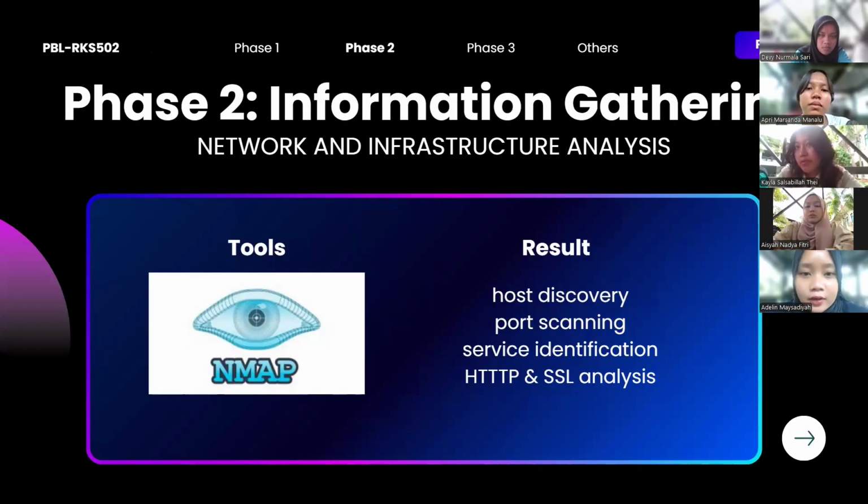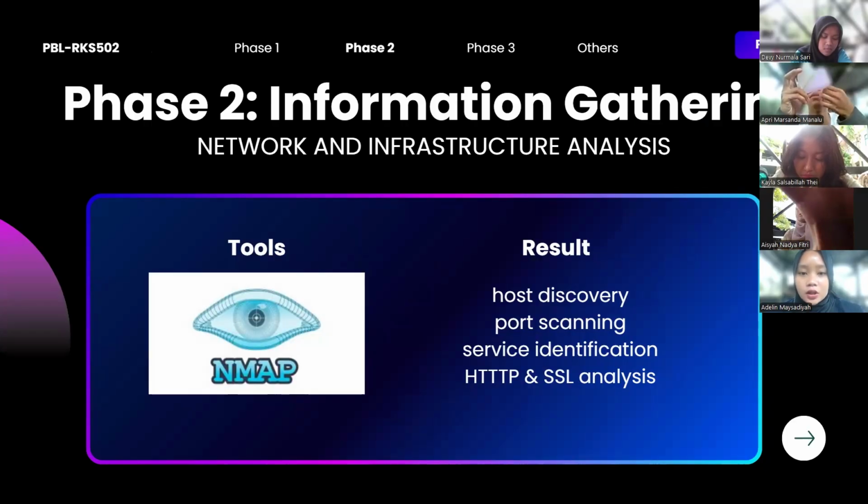In this slide, for the initial network and infrastructure analysis, we use Nmap to identify the target. We found one active host with 6 open ports, 4 of which are behind Cloudflare. Detected services are Cloudflare for HTTPS and unknown for DNS, with the service version hidden by the proxy. The HTTP request returns 200 OK with a server Cloudflare header, and the SSL certificate is issued by Google Trust Services, showing that it protects and encrypts the origin server.